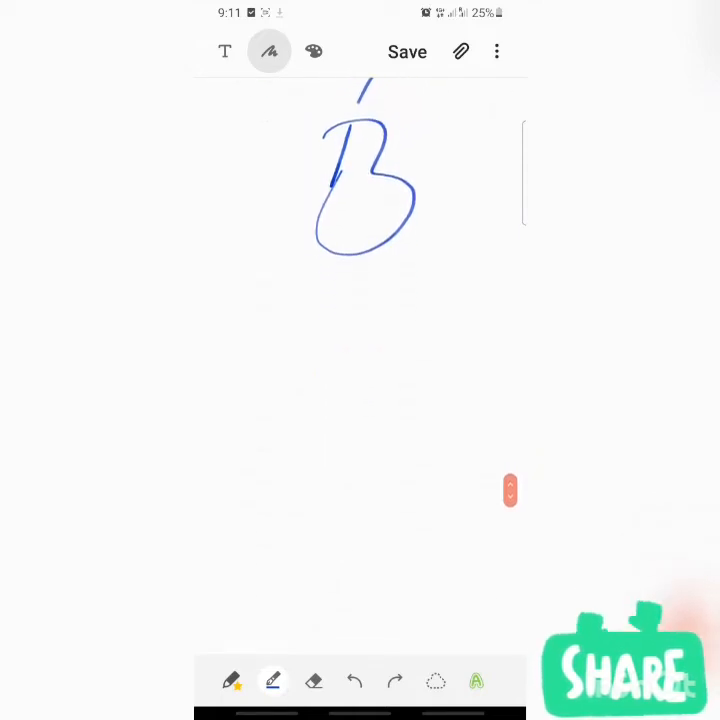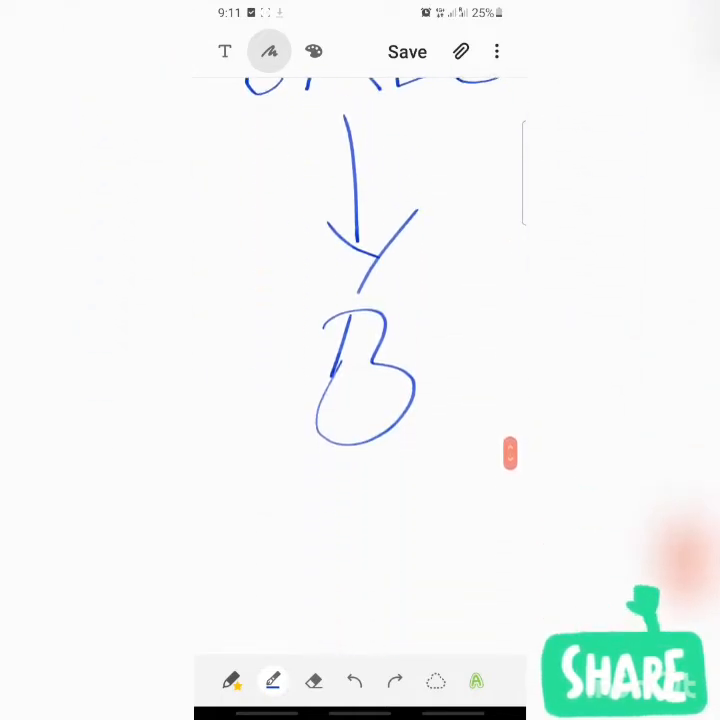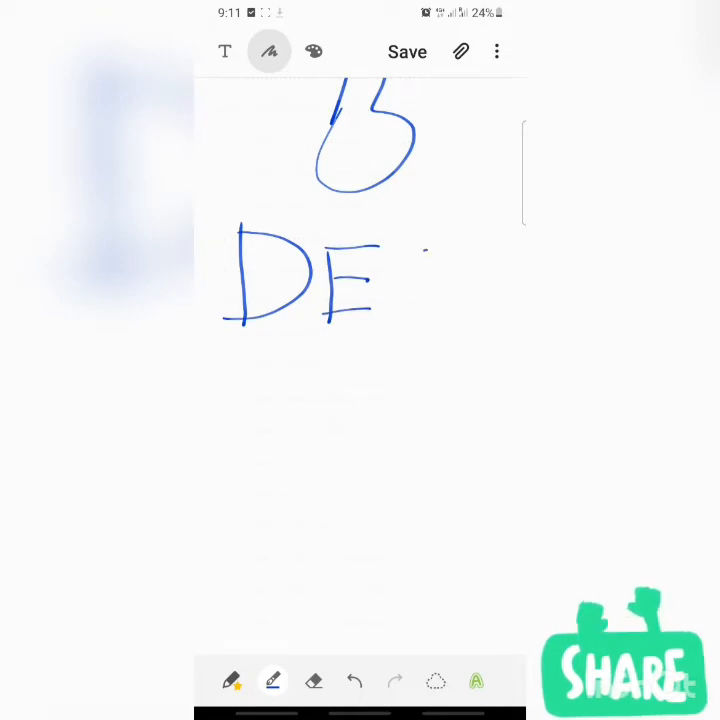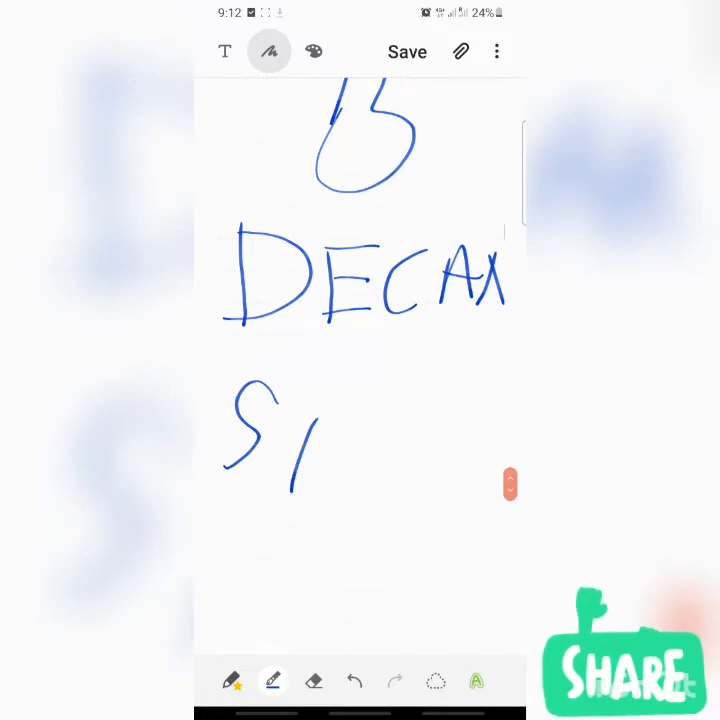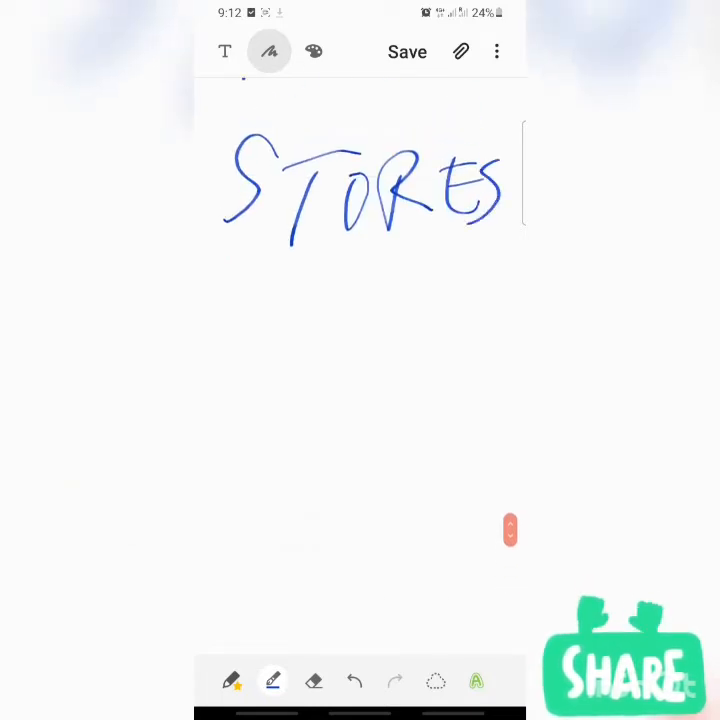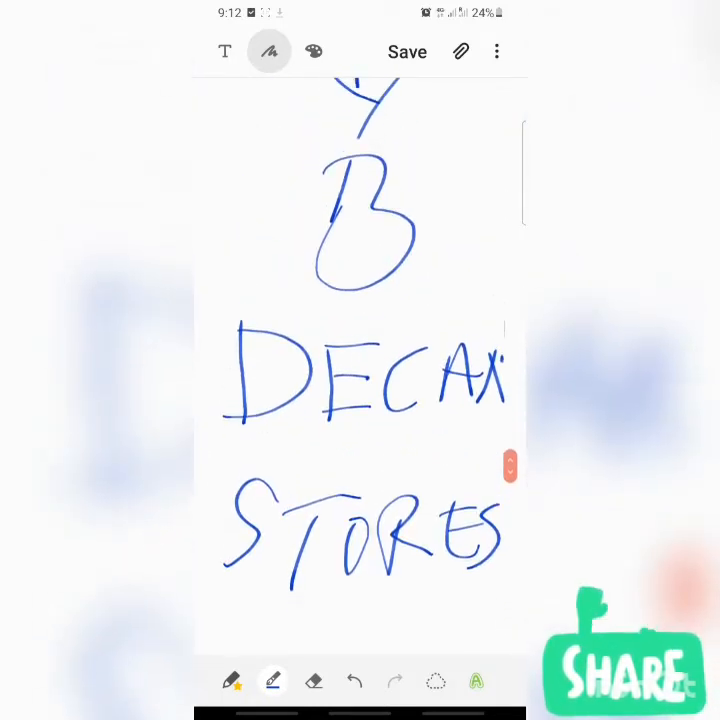Okay, now the B part of it is the supermarket. Now the supermarket is Deccan Stores. Deccan Stores. Okay, now like I said earlier, you don't need to add the logo, or you don't need to